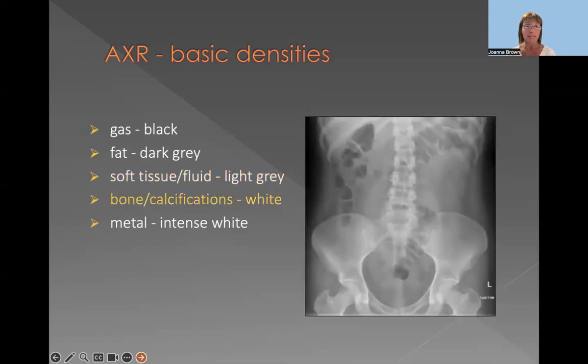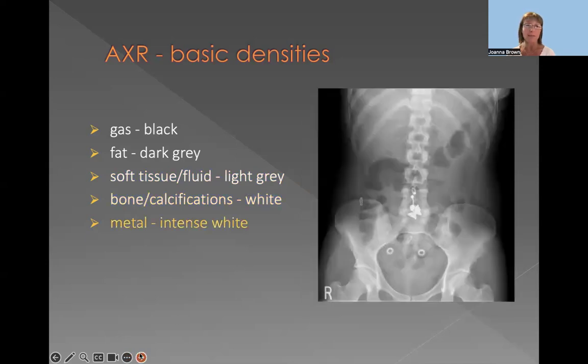Bone with the calcifications: you can see very nicely the ribs on the abdominal X-ray, spine, and the whole bony pelvis. And the metal, which is intensely white: you can see in this teenager the little butterfly, which is her clip in the umbilicus, and a little bit of another ring within the skin. You have seen the sterilization clips, and you can see buttons on her trousers that unfortunately the radiographer has not removed